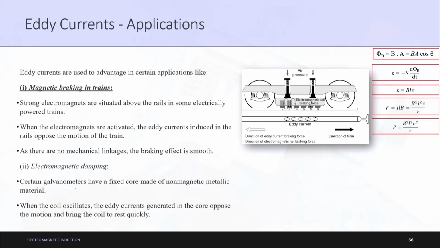Certain galvanometers, we know what a galvanometer is. A galvanometer is denoted by G. It is used to know if current is passing through a circuit. Certain galvanometers have a fixed core made of non-magnetic metallic material. When the coil oscillates, as in this direction, like this or like this, either the movement can be